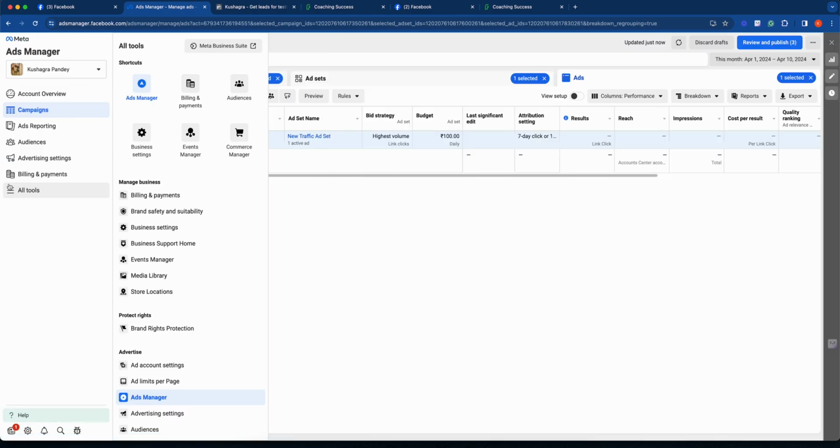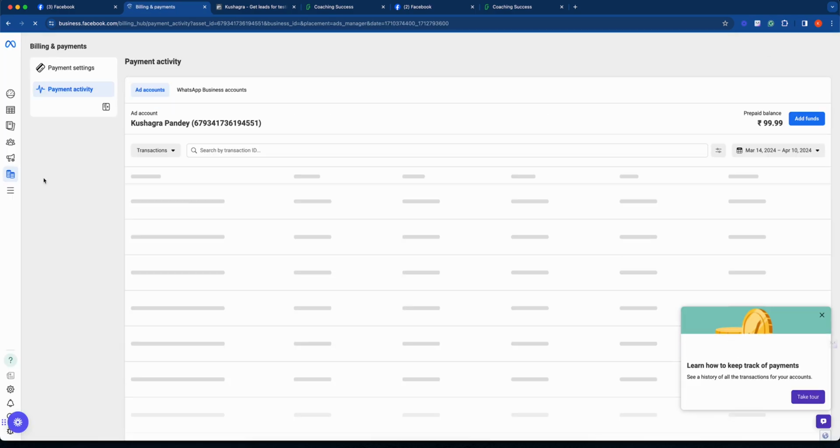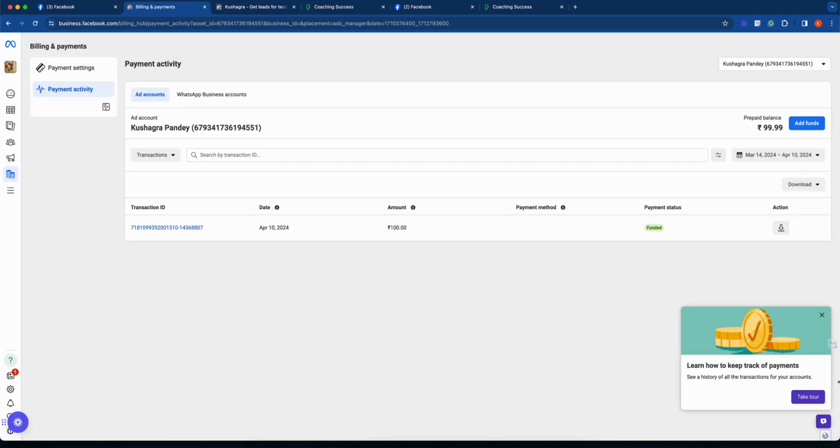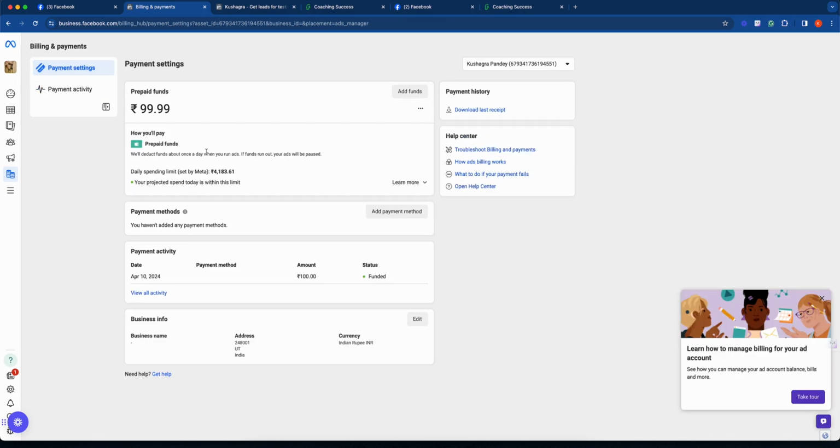And if I wanna see the billings page, let's have a look at that also. So the billings page, it shows funded, nice. Prepaid balance is showing. Payment settings are connected, funded, it's showing. Business info is there.